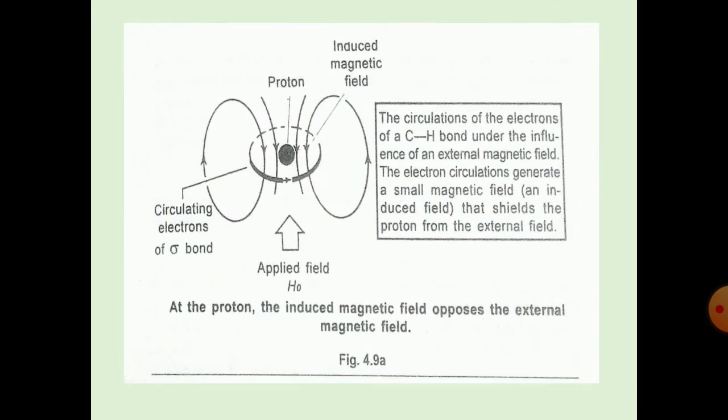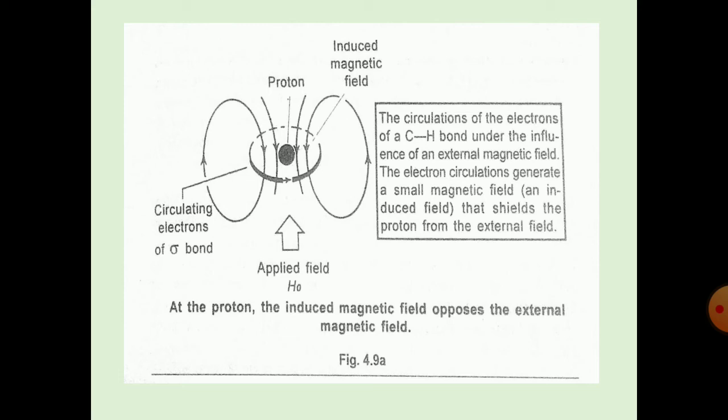Then the next point is chemical shift. The basis of shielding and de-shielding in chemical shift: the electrons surrounding the nucleus under the influence of a magnetic field will circulate, and in doing so they generate their own magnetic field, which is opposite to the applied field on the nucleus. For a proton in a CH bond, because the induced field opposes the applied field, the electrons are said to be diamagnetic, and the effect on the nucleus is called diamagnetic shielding.